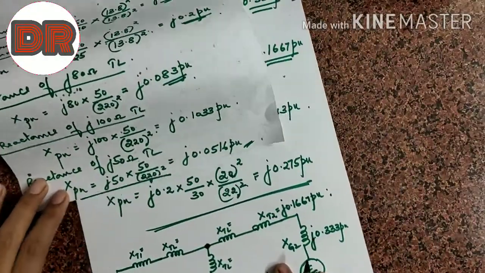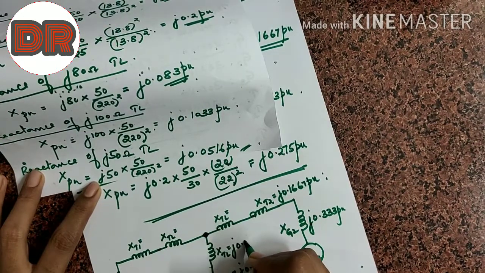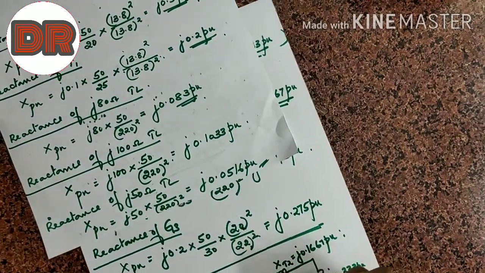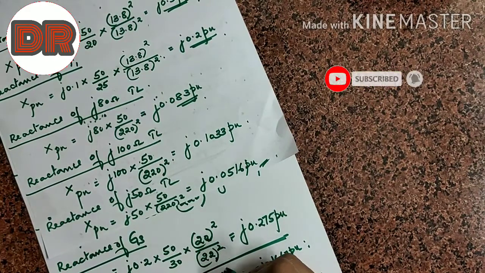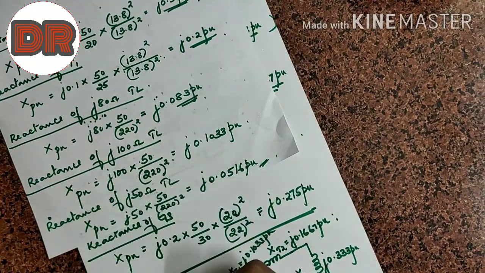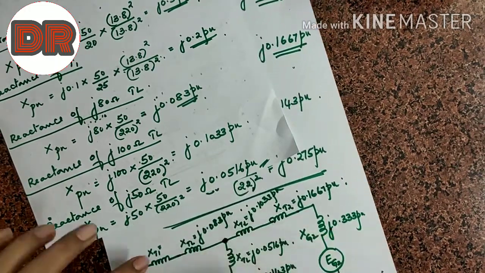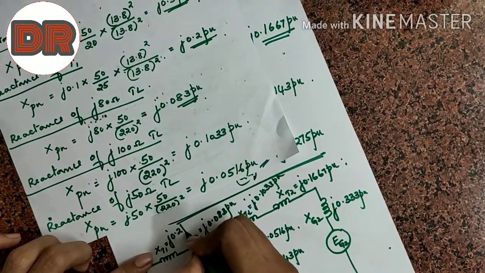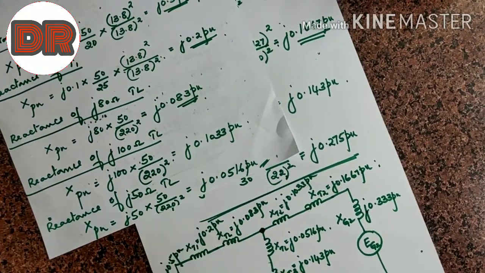And now I've calculated here. Let me see. J50 line. This is the J50 line reactance. So it is J0.0516 per unit. And this is the 100 ohm line. So XTL. So what is the 100 ohm transmission line value? It is J0.1033 per unit. And this is the 80 ohm line. So it is J0.083 per unit. And we have a transformer T1. T1 it is J0.2, so it is J0.2 per unit. Xg1, so it is J0.5 per unit.